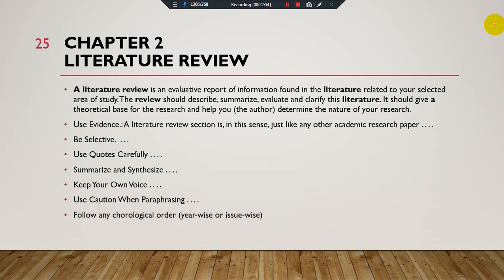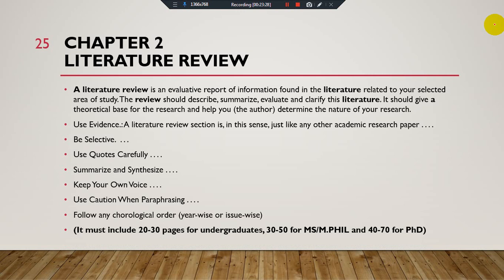If you are doing a case study, you have to follow an ascending or descending year-wise literature review. But if you have a number of issues for your thesis, then you provide the literature issue-wise. But when you select the literature headings issue-wise, then within a particular heading you also follow a chronological order, like starting the years in ascending or descending order.